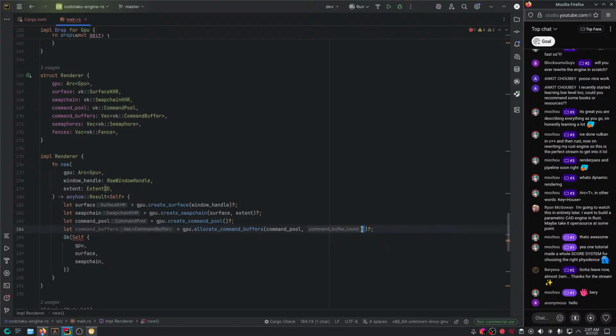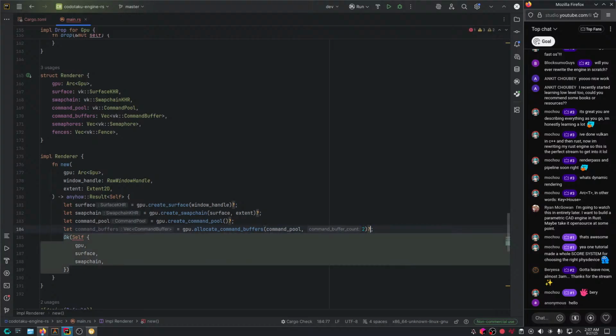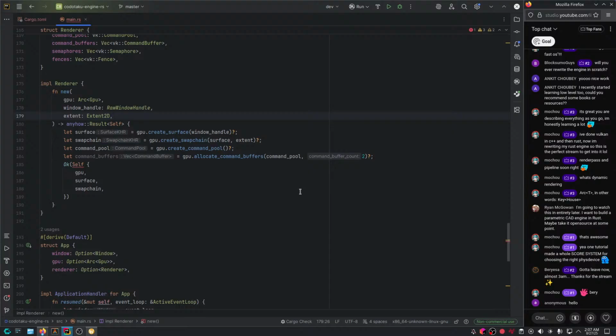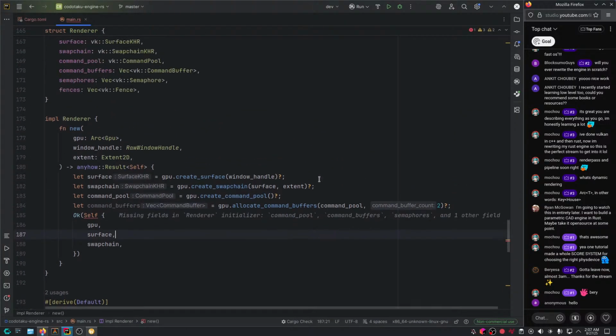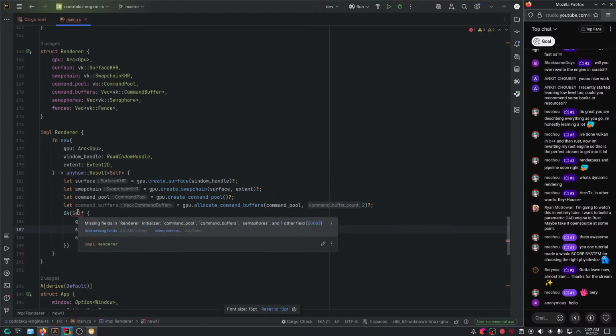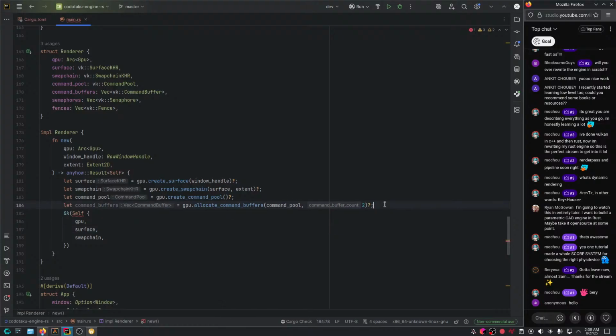Either way, right now we're just gonna go with double buffering, which is kind of like a good middle ground between latency and FPS. If you don't care too much about latency, but you care much about the FPS, then you're gonna go with 3 here, triple buffering. If you care more about the latency, then you may want to just go with 1, which is kind of like immediate mode, right? So the CPU prepares it, the GPU renders it, and that's pretty much it. But either way, right now, we're preparing that, cool.